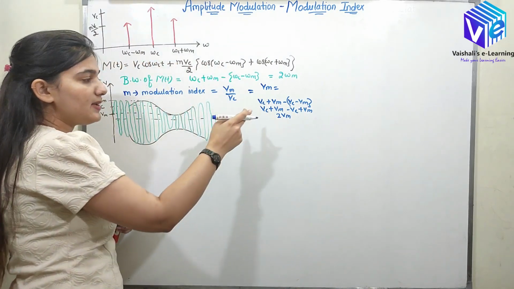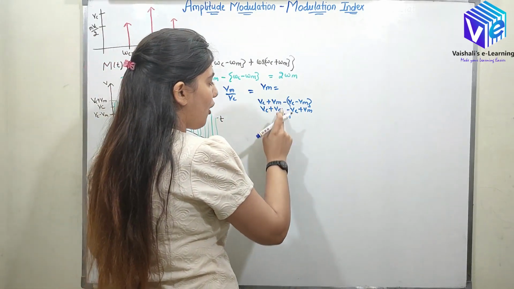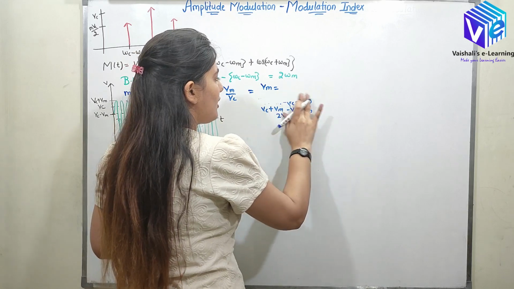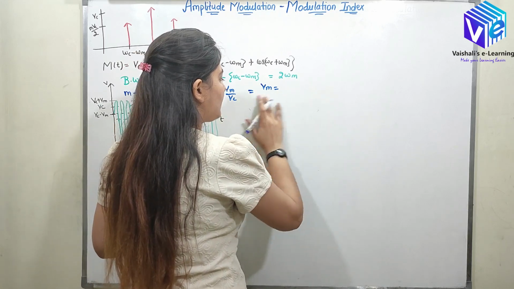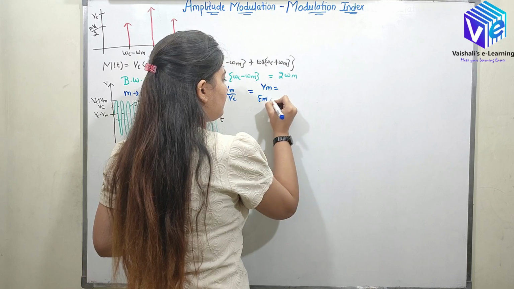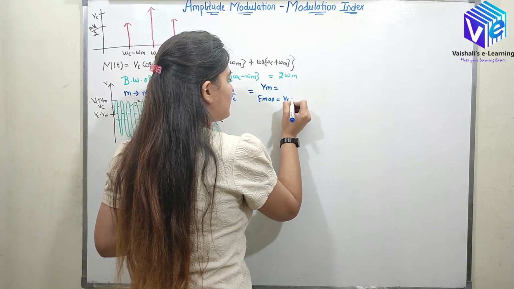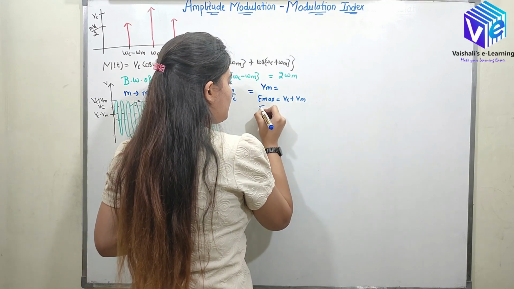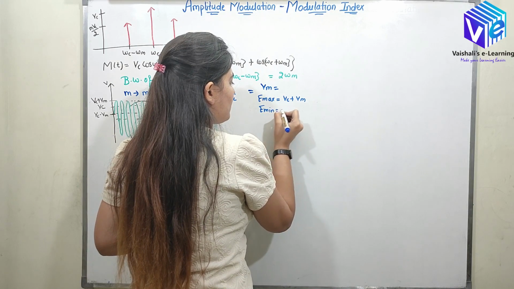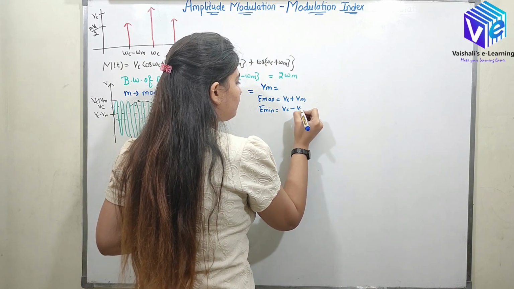So it gives me twice the amplitude of the message signal. If I call Emax equal to Vc plus Vm and Emin equal to Vc minus Vm,